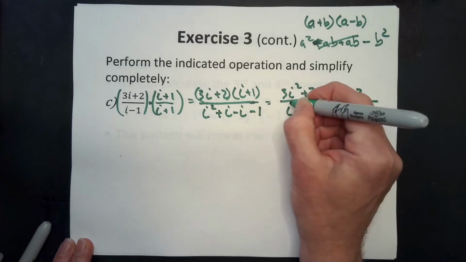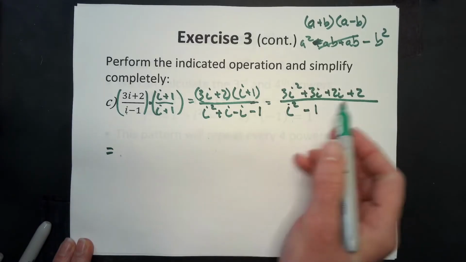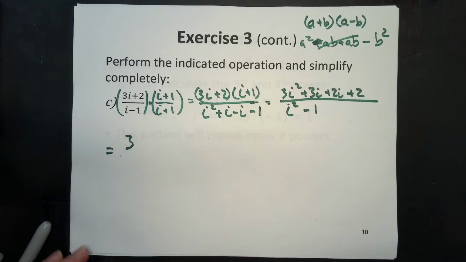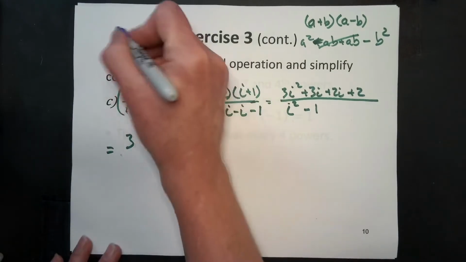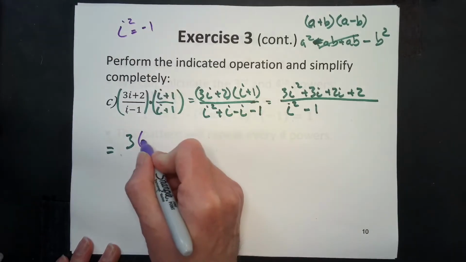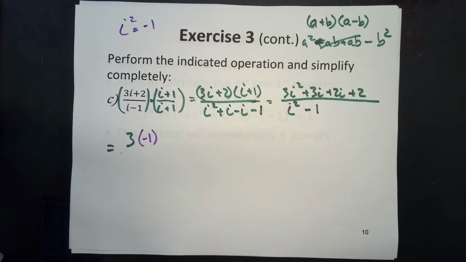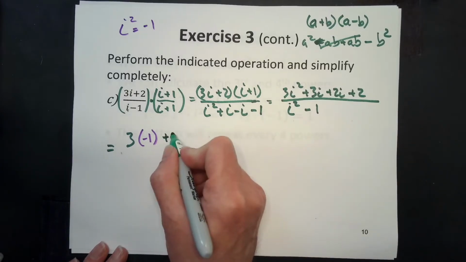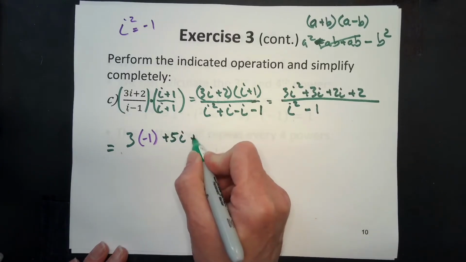Up top, we're going to have 3i squared, and remember this i squared right here, you can always write it out somewhere on your paper, is equal to negative 1, so that becomes a negative 3 here. And then 3i plus 2i gives you plus 5i, that's plus 2,